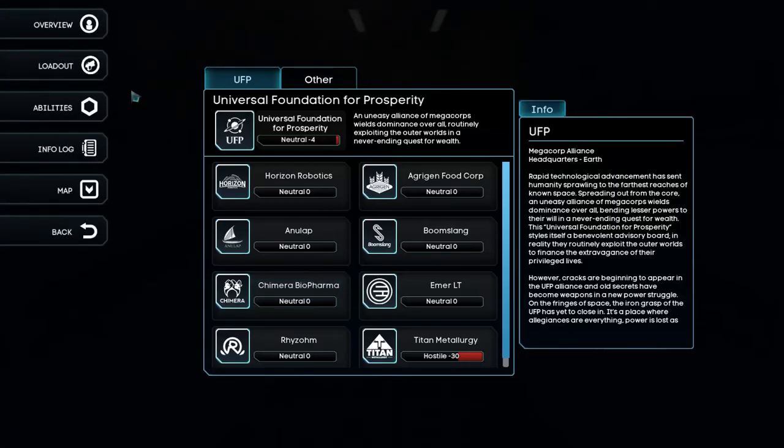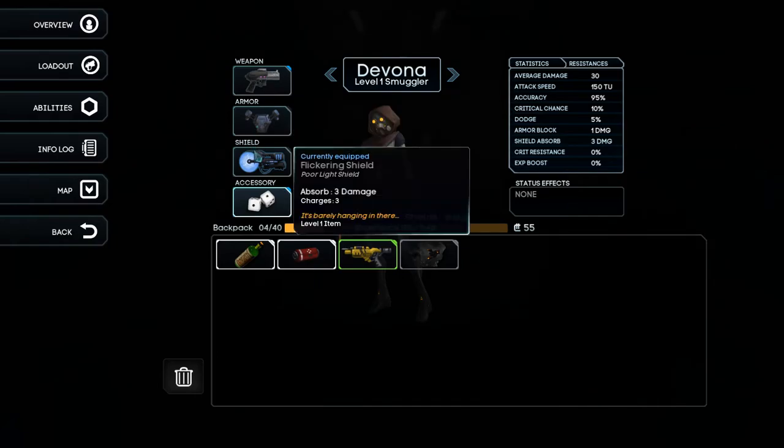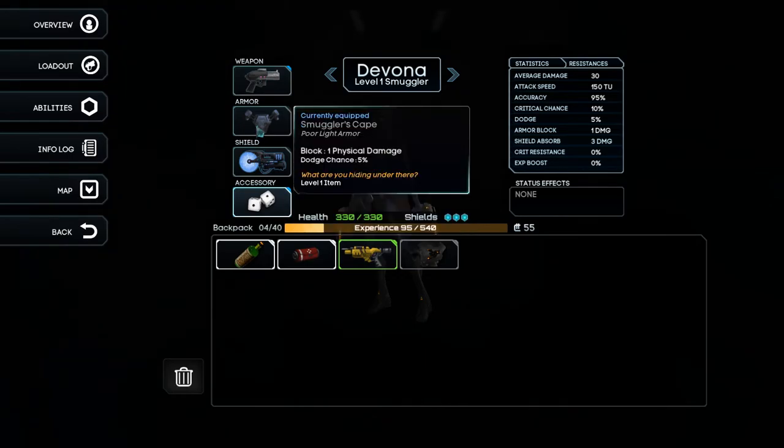So how shields work is that they are a point system. The shields will absorb the first 3 points of damage, everything else is going to bleed through, for the first 3 attacks this character receives. After X amount of turns, you'll gain a shield charge back. And then your armor, of course, will just absorb X amount of